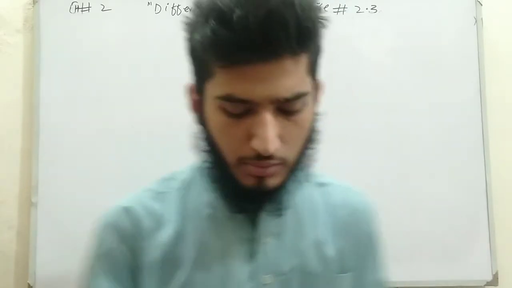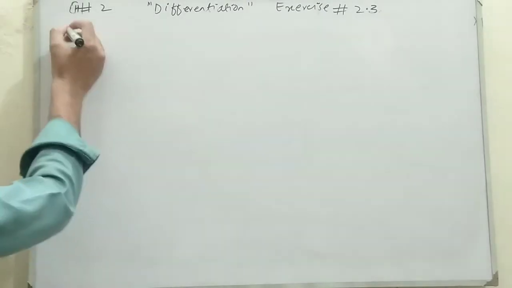In today's video, we are going to learn question number 2 of exercise number 2.3 related with the topic of derivative of a fraction. Two functions will be given in the fraction form and we will derive its derivative using quotient rule. But before going to question number 2, first we are going to derive the formula for the quotient rule. So let's move toward the proof of the formula. Proof.